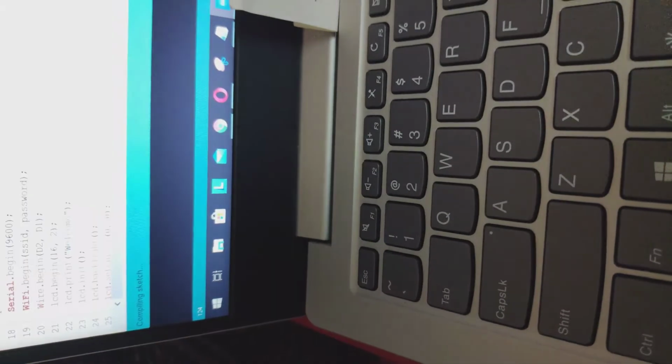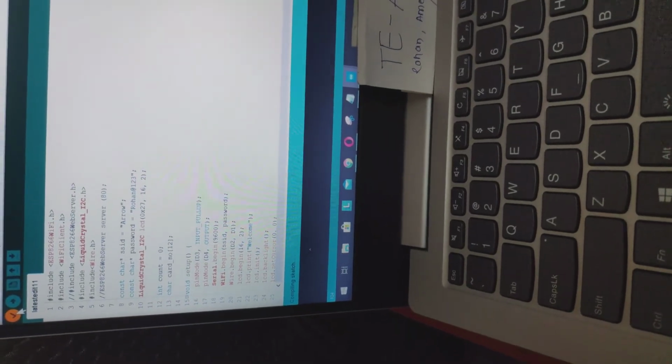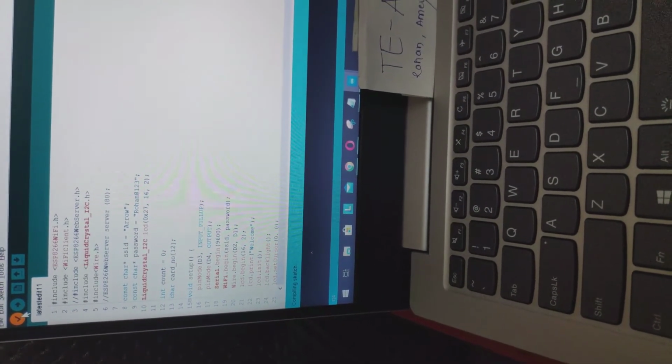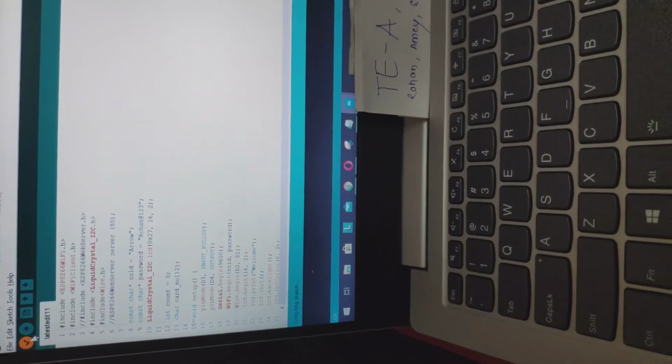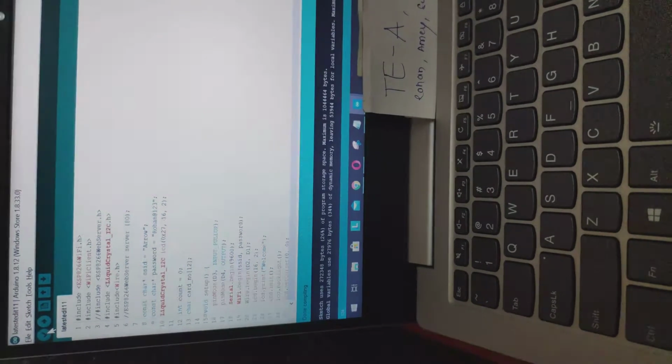Okay, let us compile it. Thus compiling is done.